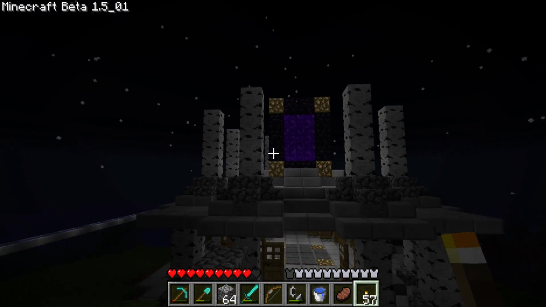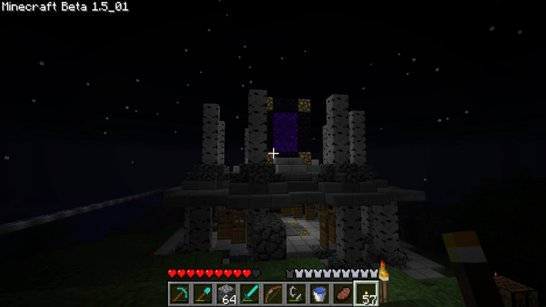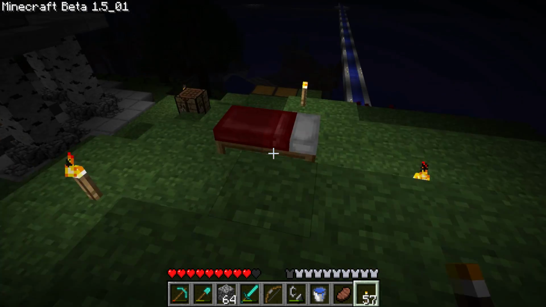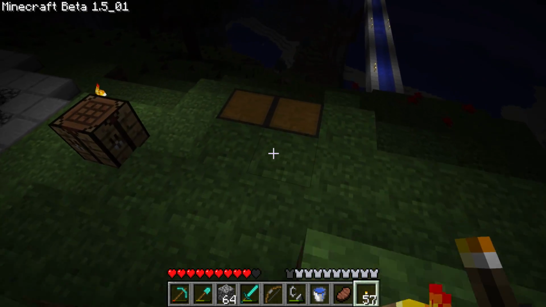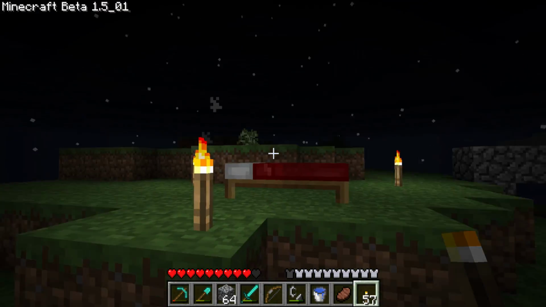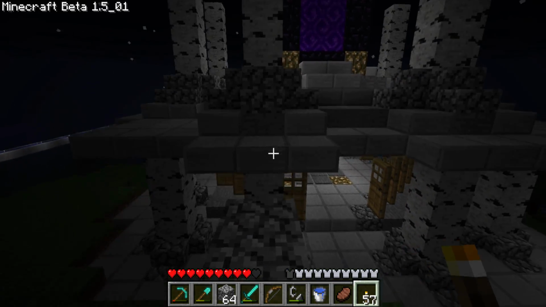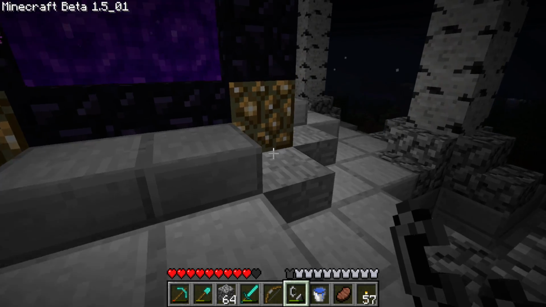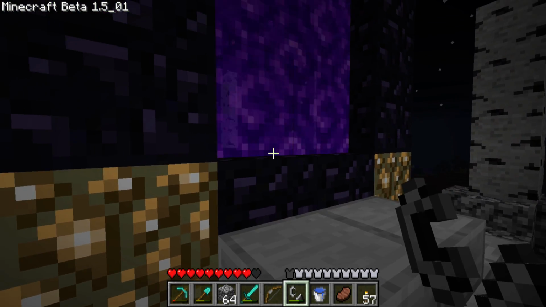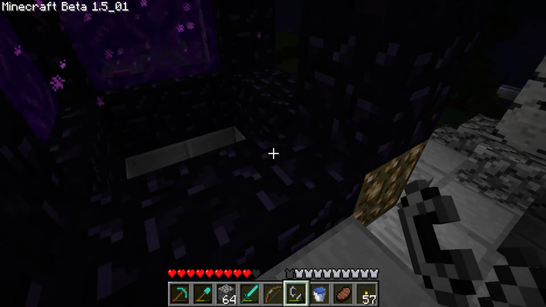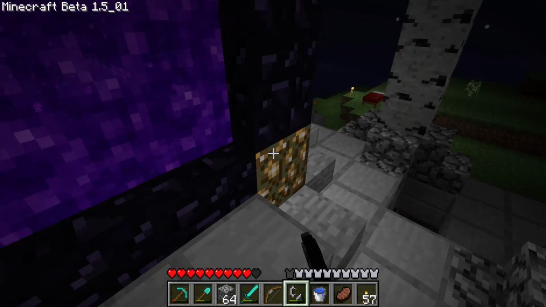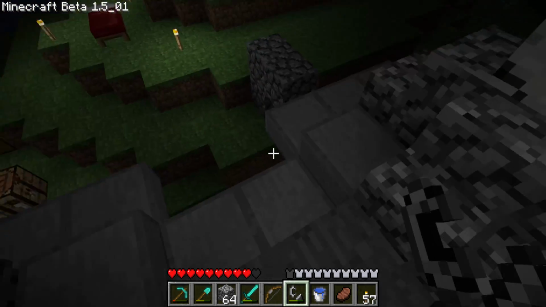We should be okay. So what we're going to do, it's kind of lit up anyway. We're going to put the roof on this guy, and we are going to put beds. I got one there and one there. We're going to put 2 beds up on the very tippy top. One thing I don't think I did before, I did not light the other portals. Or if I did, they went out somehow. I thought I did, but I guess I didn't because they're not lit. The middle, I'm going to keep hollow like that.